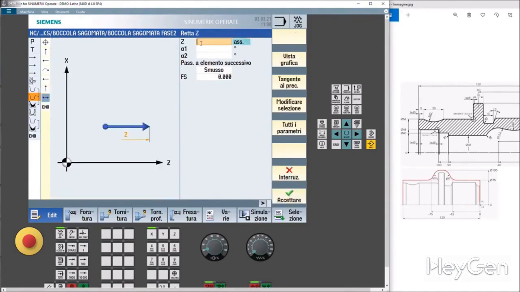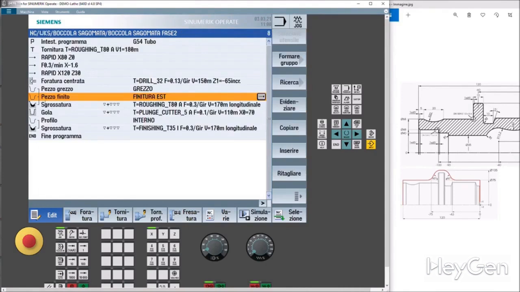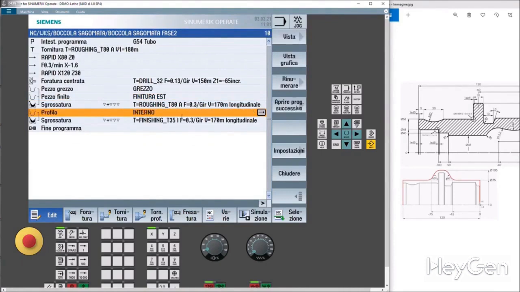And we finally finish our profile at Z, minus 70. We accept, and we accept. We've inserted it, the groove no longer exists, so there's no real cancel. But if you press cancel on the keyboard, it gets deleted, or alternatively you can cut it out. Now we have the internal profile.